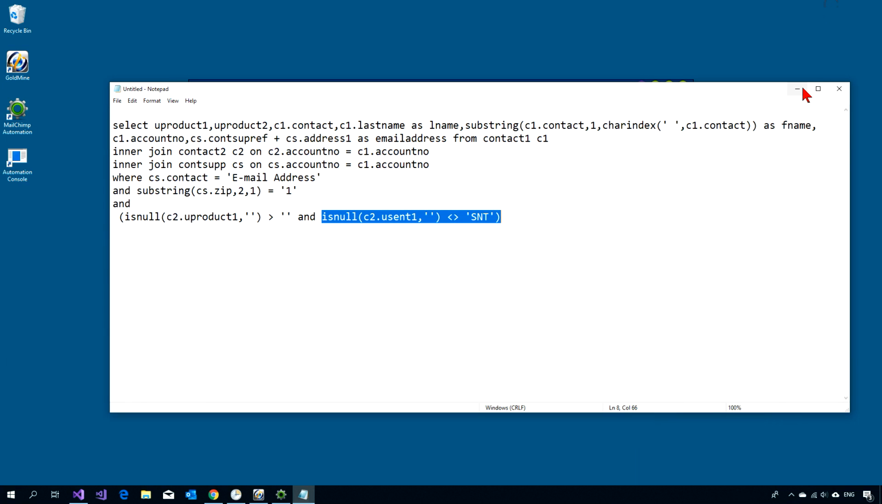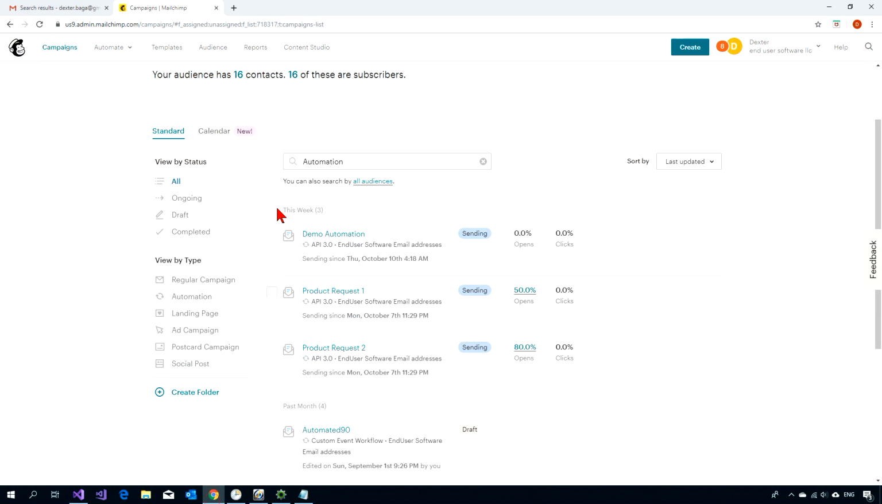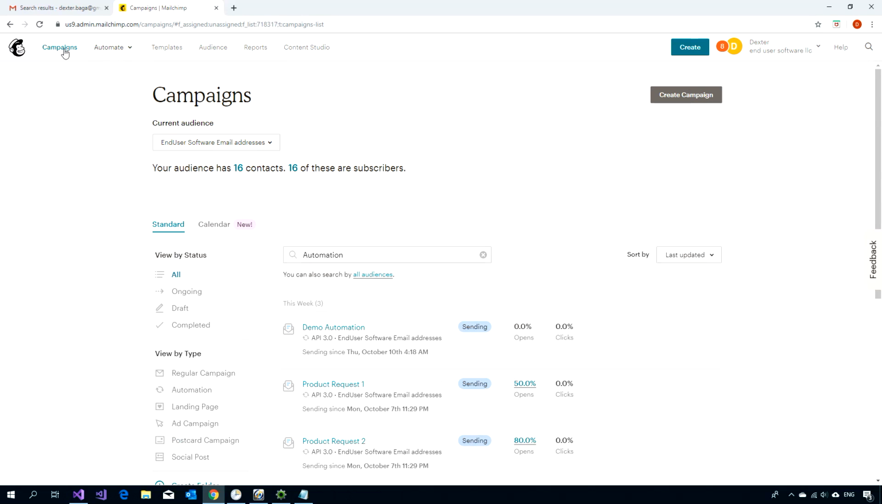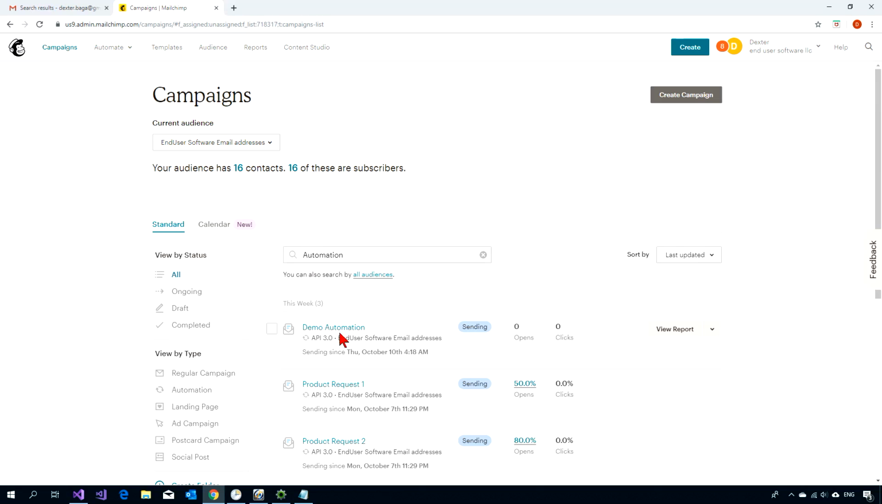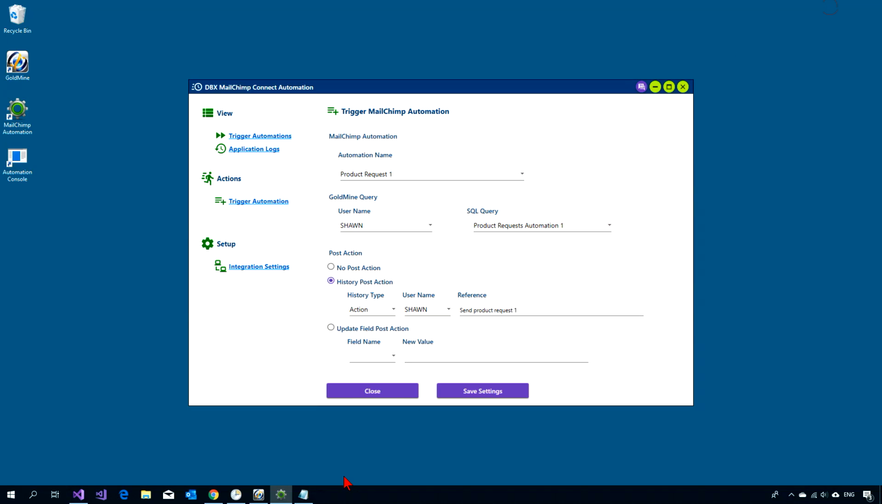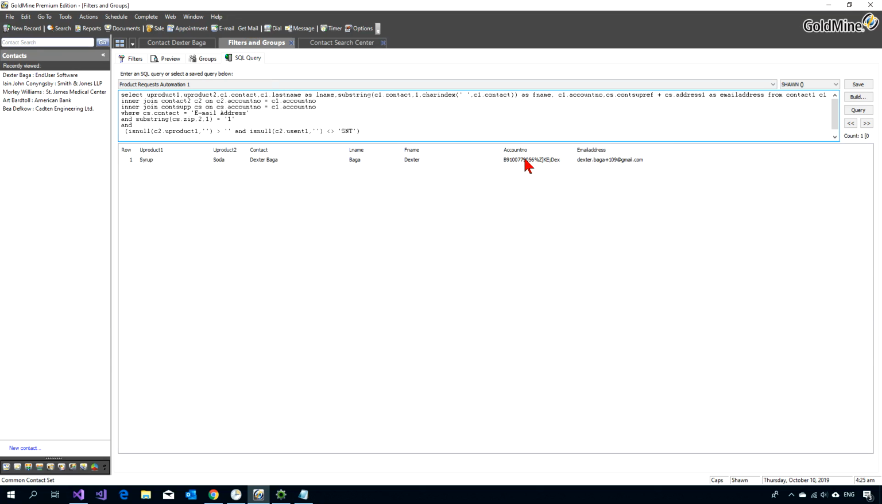So if you put them together, this is what you will come up with. We have to first define our automation in MailChimp. They call it this way, and we did that by creating this demo automation. The second is you have to be in Goldmine, create the SQL query, make sure that it works. You compose that in Goldmine,